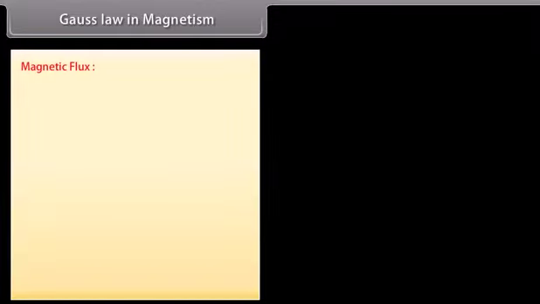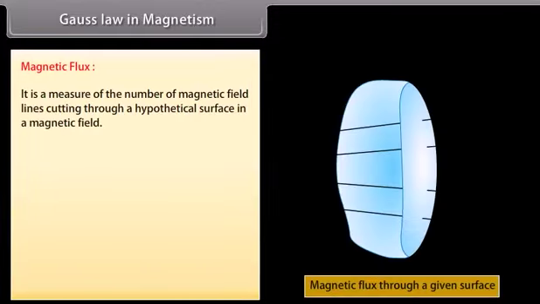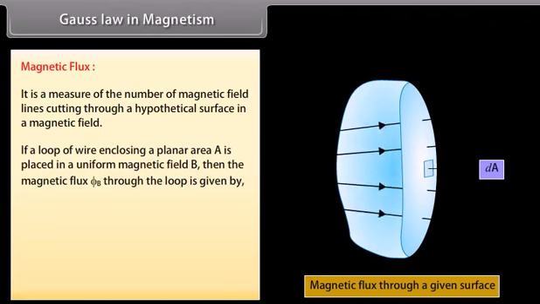Gauss's law in magnetism. Magnetic flux. It is a measure of the number of magnetic field lines cutting through a hypothetical surface in a magnetic field. If a loop of wire enclosing a planar area A is placed in a uniform magnetic field B, then the magnetic flux phi B through the loop is given by the dot product of B and A, which is equal to